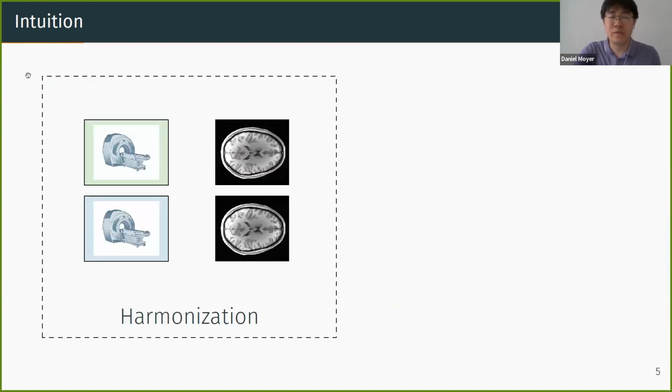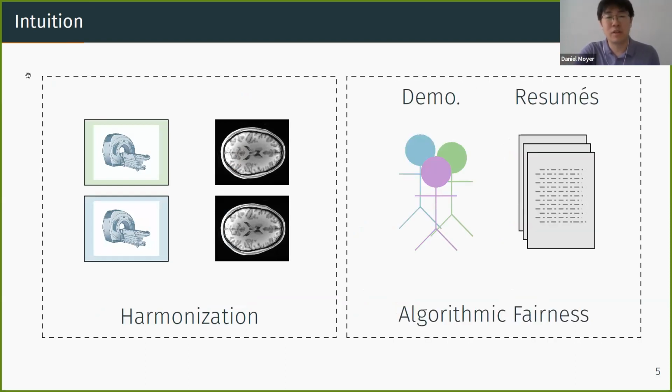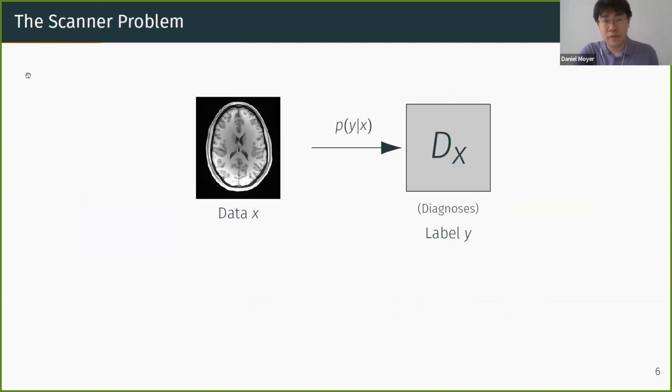And so we want to impose this invariance, like the rotation example, but in medical imaging. And also there's been interest in imposing these invariants, these symmetries, in algorithmic fairness. So we want to be invariant to different demographic choices. And there it's not really a data symmetry, it's that we want to impose it. We want to force this to be true. Great. So how should we do this?